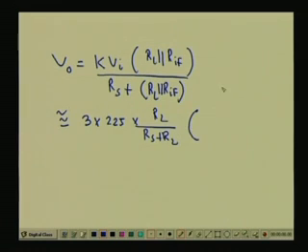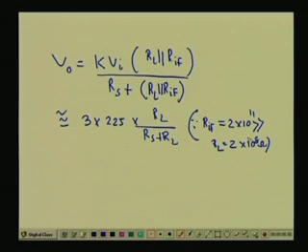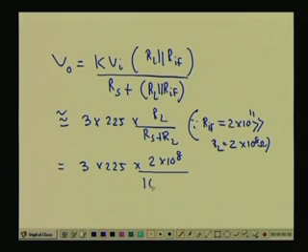Because you see that RIF is equal to 2 into 10 to the power 11 ohm, which is much greater than RL, which is equal to 2 into 10 to the power 8 ohm, quite obviously. So, ultimately we can write 3 into 225 into 2 into 10 to the power 8 upon 10 to the power 8 plus 2 into 10 to the power 8,